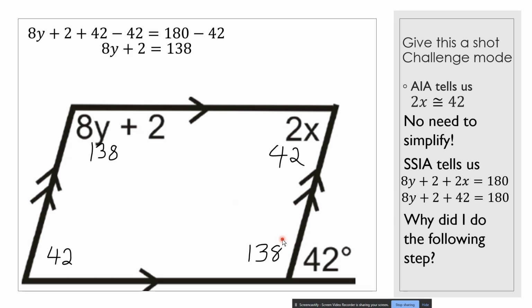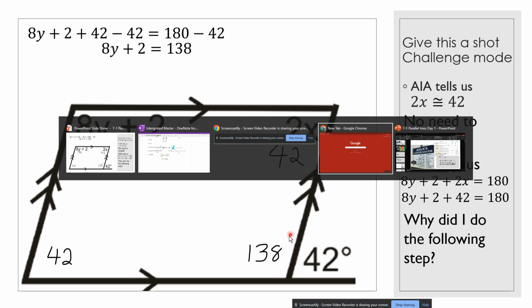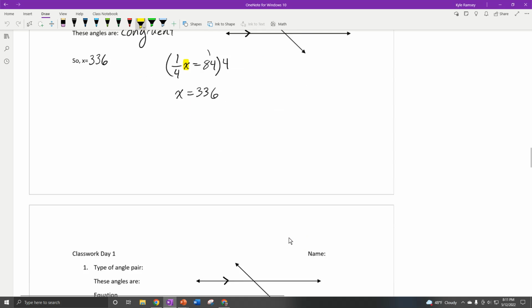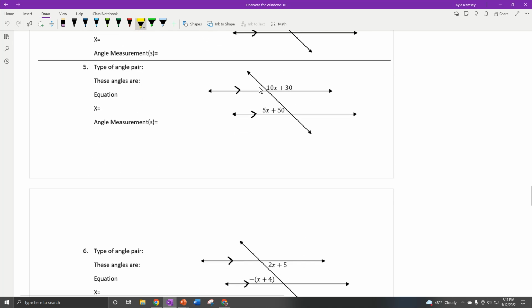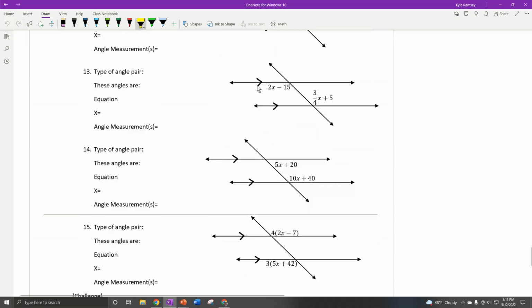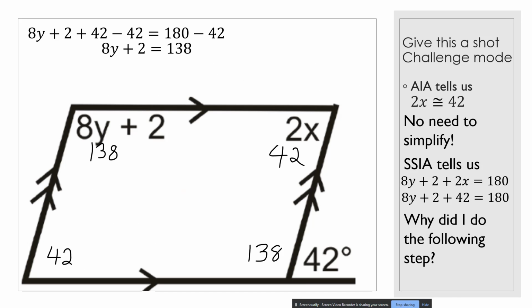All right. With that said, there should be a handout coming to you at this point if you're in class, so you can see what we're going to be working on. What it looks like, if we jump back to here, is this. You can list what type of angles or what the angle pair is, just to help you understand which type of angles they are, whether they're congruent or they equate. And we can write the equation and go through the angle measurement. So that's what we have here. It shouldn't be too bad. All right. So with that said,